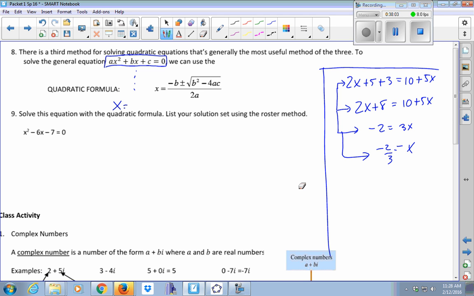And the method that we use to solve for x gives this result, notice this is x equals, just like when you come down here and say x equals -2/3. This formula says it doesn't matter what a, b, and c are. As long as they're real numbers and a is not 0,